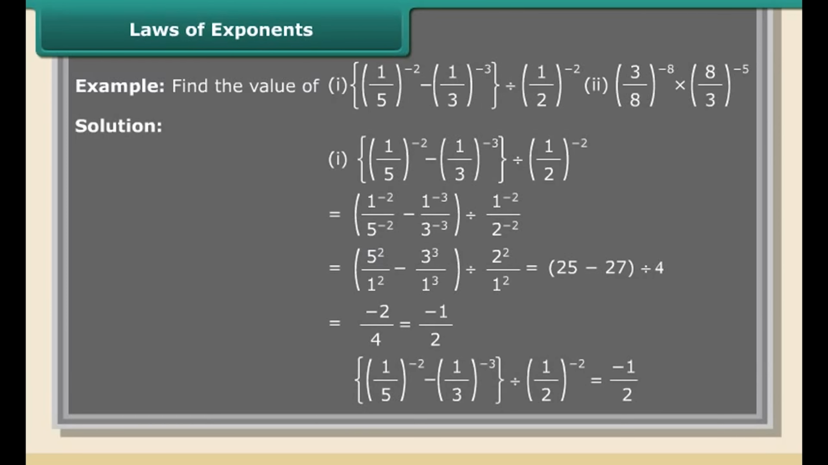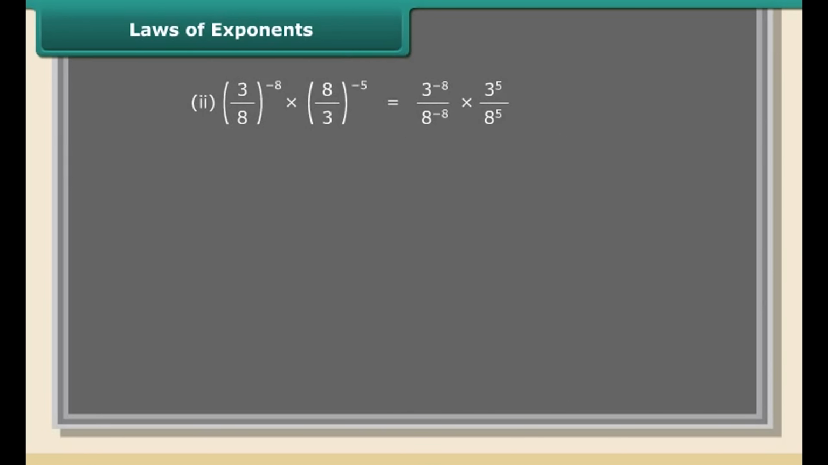So (1/5) raised to the power minus 2 minus (1/3) raised to the power minus 3, divided by (1/2) raised to the power minus 2, is equal to minus 1 upon 2. 2. (3/8) raised to the power minus 8 into (8/3) raised to the power minus 5 is